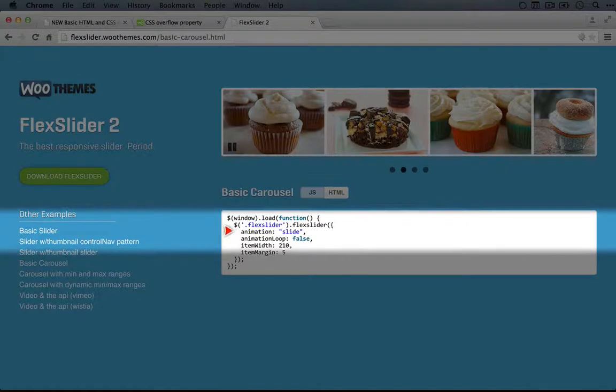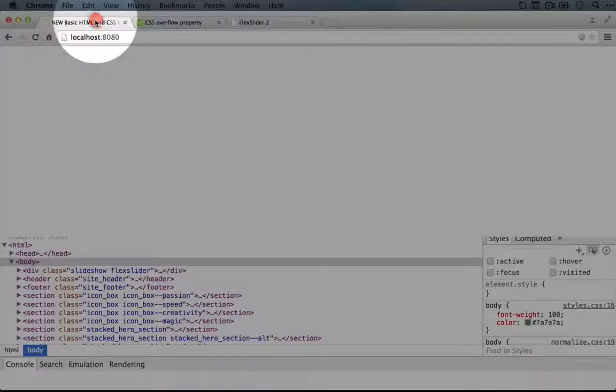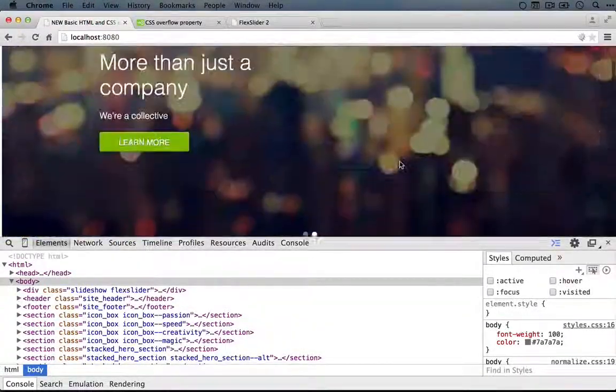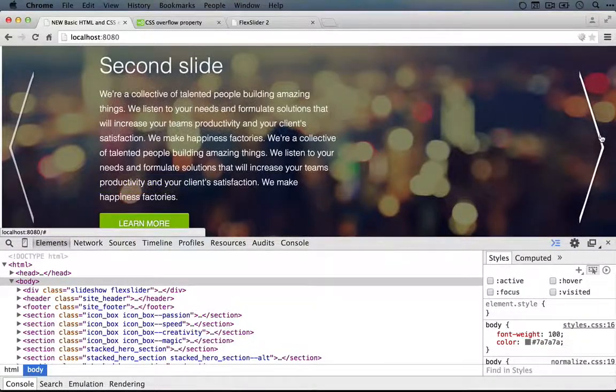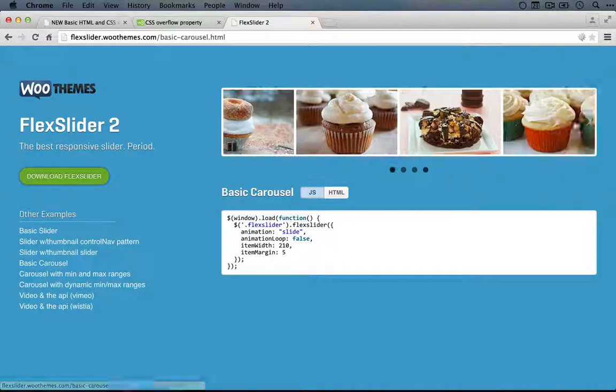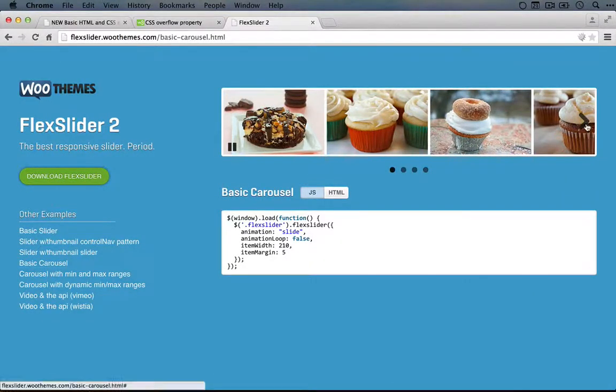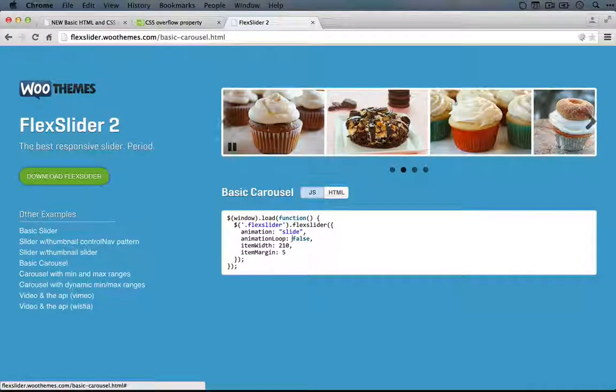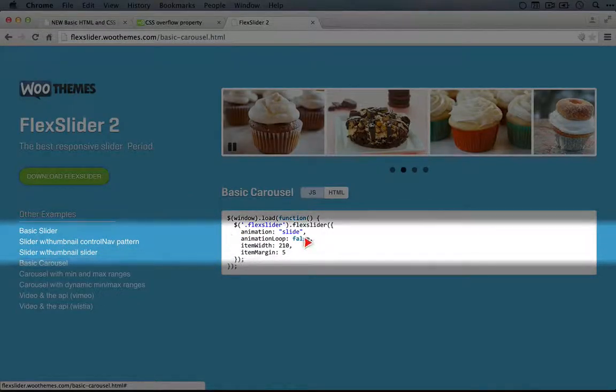The animation is set to slide. Now when we look at our example for our slideshow at the top here, it's using a fade between the different options, which I think looks good for this kind of example. But at the bottom, since we have multiple items displaying, a slide animation seems more in tune with the kind of data we're presenting. I would expect multiple items to slide rather than fade. So we'll use that, and then animation loop false.